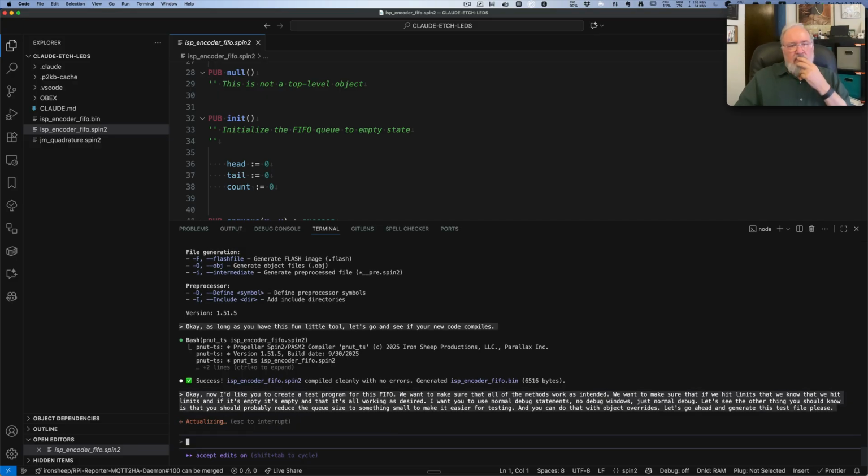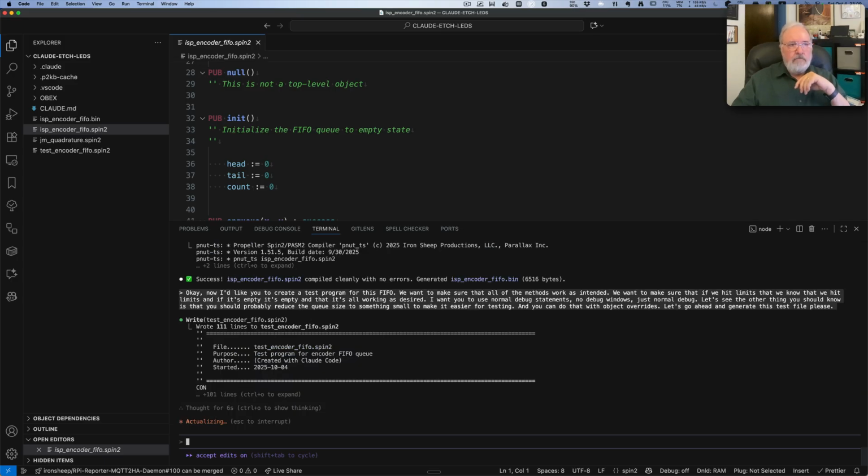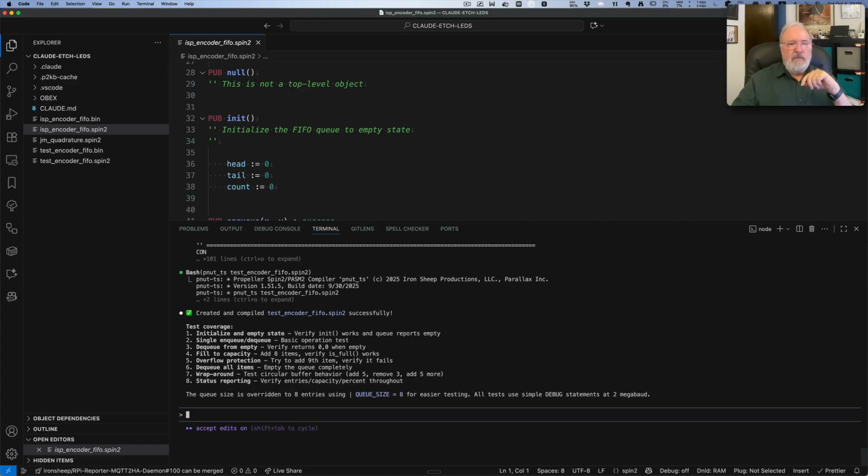Okay, so now I want a quick little test file. We're just going to put the new FIFO through its paces and make sure everything's working. Because I'm going to be using these tools a lot, and I expect some of you may as well, we also have some information about how to run these tools up at the P2 knowledge base. And so rather than introduce this third tool, this new one that I want to introduce to you, by hand like I did with the compiler,